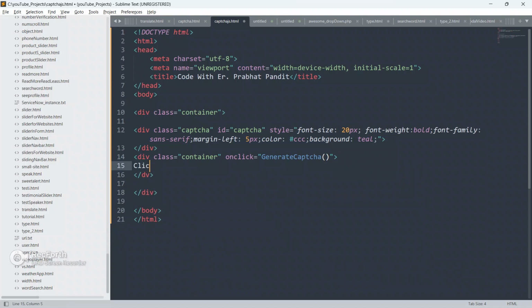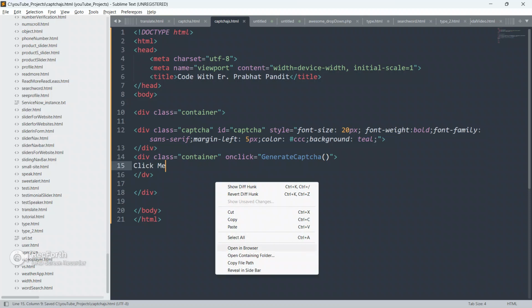Close this div now, and inside this div give the text click me. Save your code and open this file in the browser.